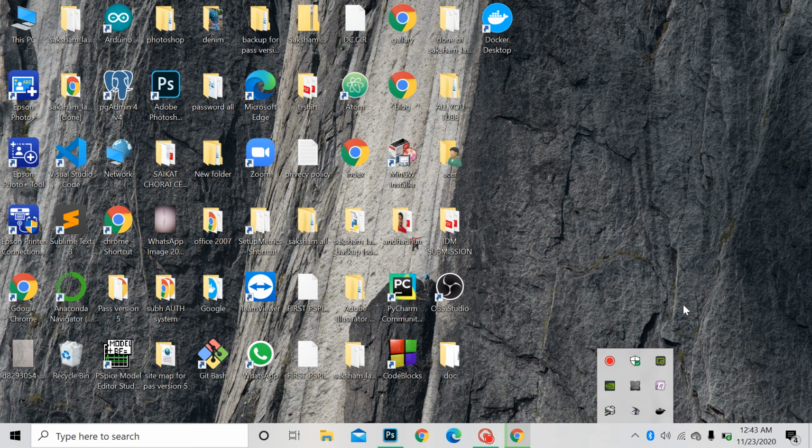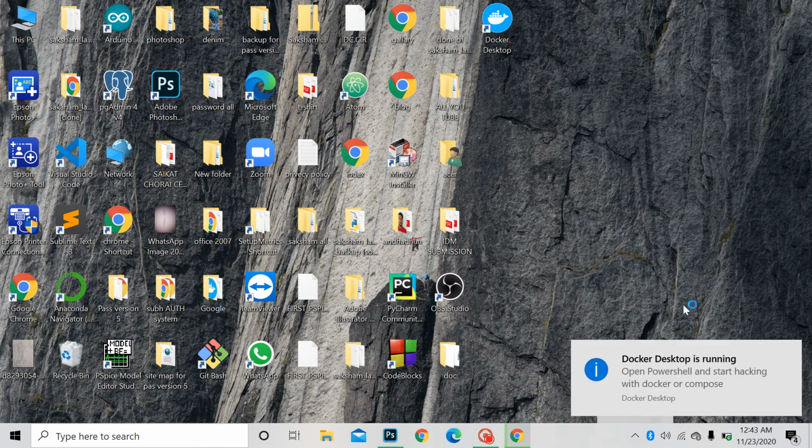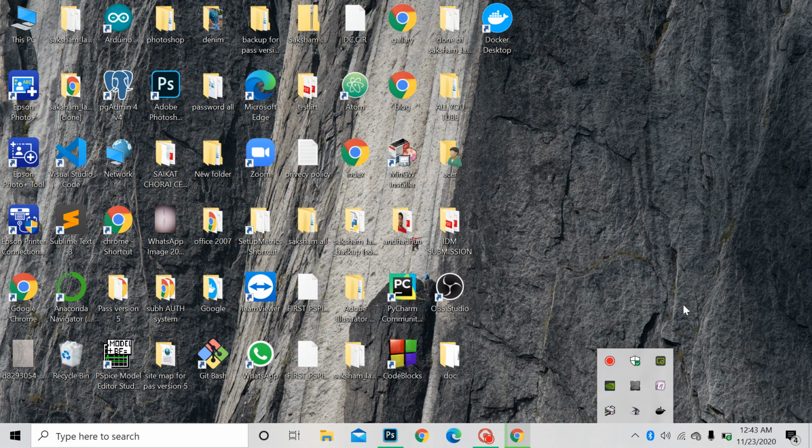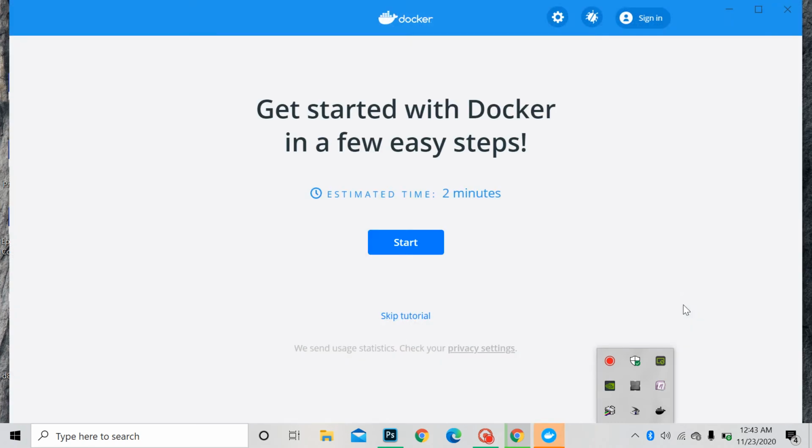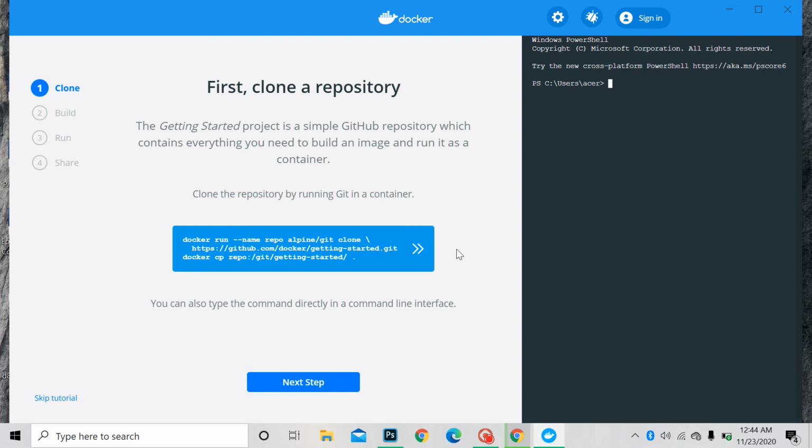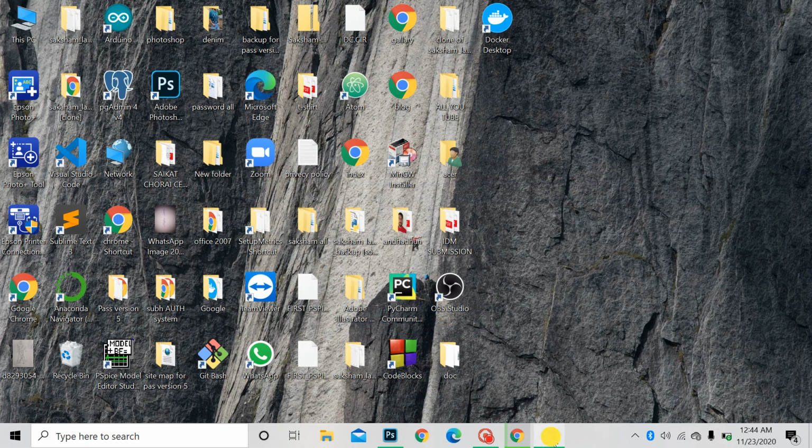The reason they have written the 4 GB minimum requirement is that when you are installing Docker, I assume that you have some prior knowledge about Docker. It's a container, so it installs its own OS. To run this OS and the various apps and containers and to manage them, you need a good PC and better RAM. But they have already mentioned that you need a minimum of 4 GB RAM. So it's running, that's a good thing.